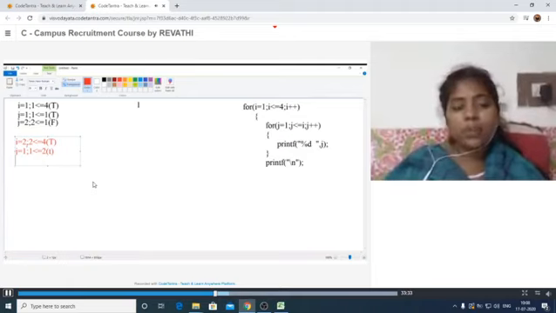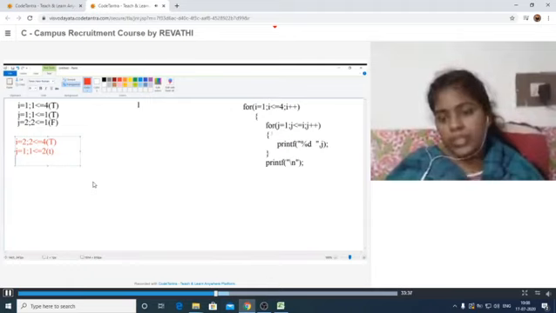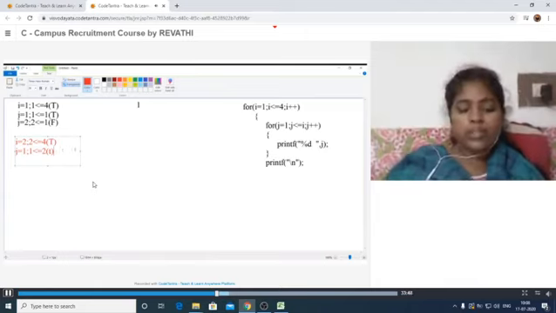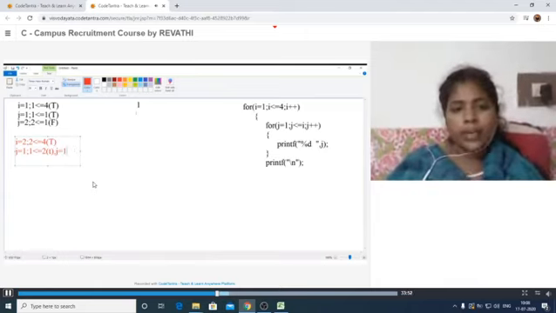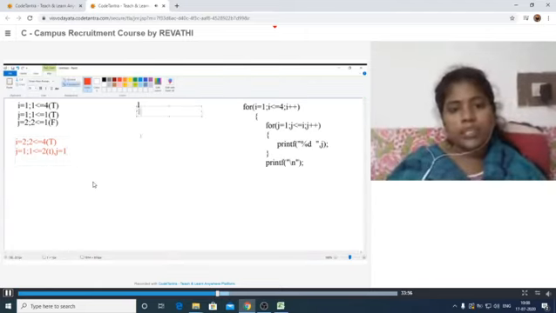That is 1 here. See, actually whenever this loop is terminating, the line is moving to the next line. It is entering the next line here. That's why we have used the slash n here. Now it is printing the j value. Now here j is equal to 1. It is printing that. Here 1 is printed. Okay.